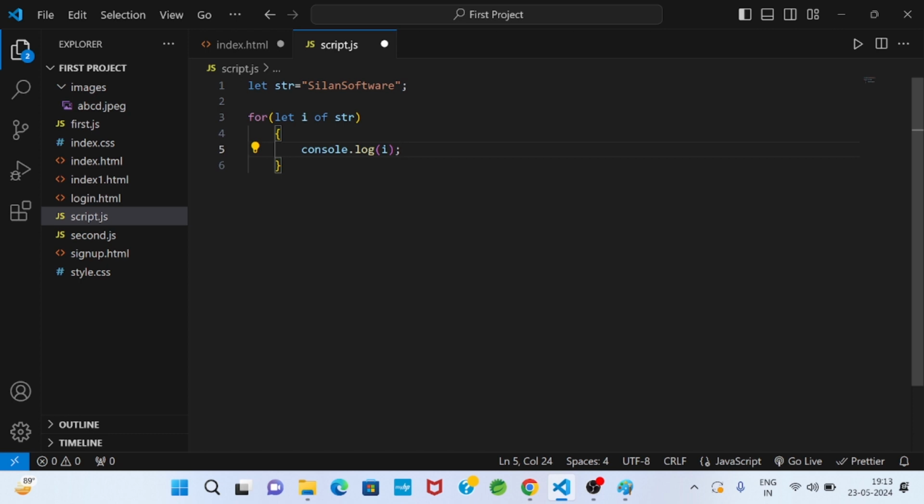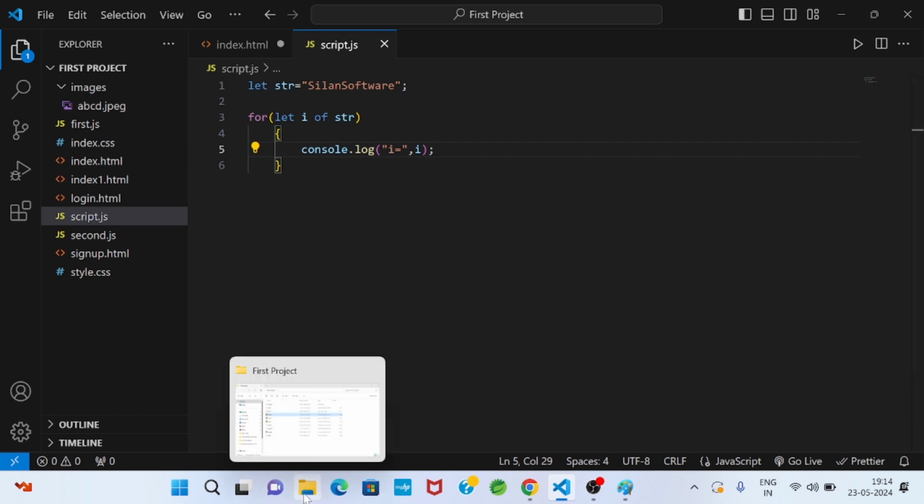Here there is no initialization section and no increment or decrement section. So let i is a variable, and of is a keyword, for of. That means for each value of str in i, I will print the value of i. In this way it will be good.